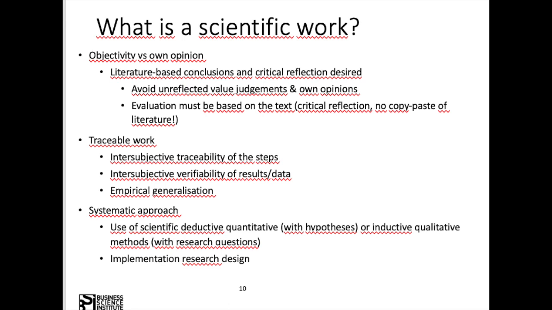The evaluation must be based on the text, so you can criticize what you read, but always justify yourself. It is the same for the hypotheses. Don't enumerate the hypotheses. Hypothesis 1, trust has a positive impact on loyalty. Hypothesis 2, loyalty has a positive impact on customer engagement. Hypothesis 3, customer engagement has a positive impact on customer lifetime value. No, you are not doing it like that. You have to justify. You have to bring the reader progressively to the hypothesis.